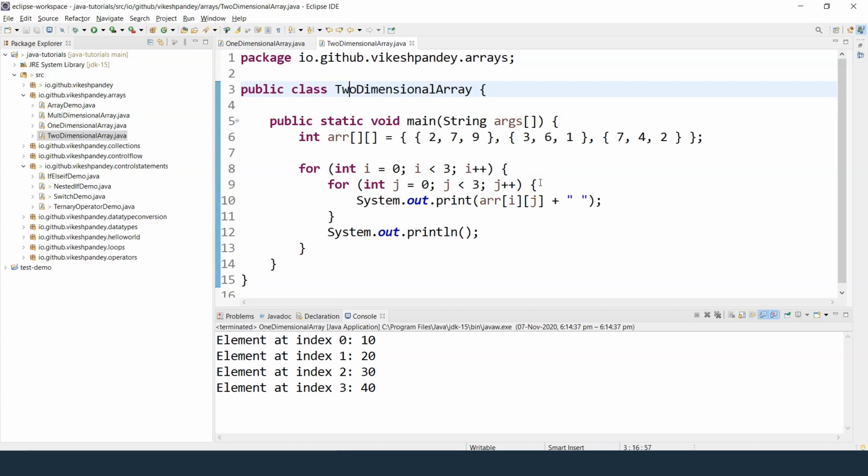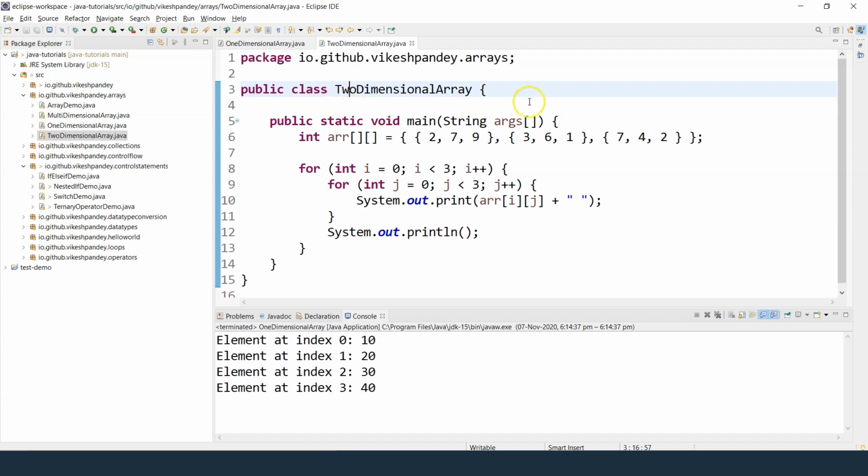Generally, you would need to use two-dimensional arrays whenever you are trying to do any matrix calculations. If you understand what you mean by matrix, it's basically a 2 by 2 structure which stores the values in the form of rows and columns. So imagine a table of 2 rows and 2 columns, then it will be a 2 by 2 matrix. So if you want to store that particular table in a Java program, you would need to store that as a matrix, as a two-dimensional matrix, rows being the one-dimensional and column being the other dimension.